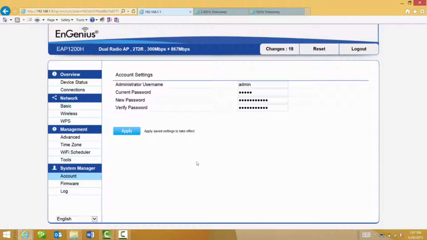Last but not least is changing the IP address of the unit itself. We do not want to leave it at 192.168.1.1. We will have to change it to a different static IP address on the network. The network IP address is 192.168.0.1, and the DHCP range is